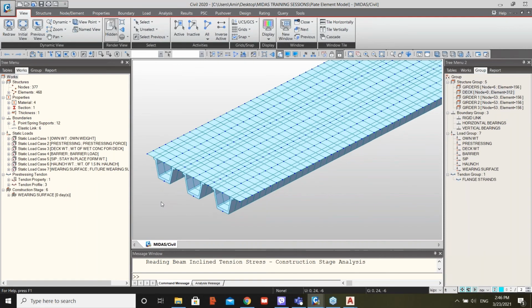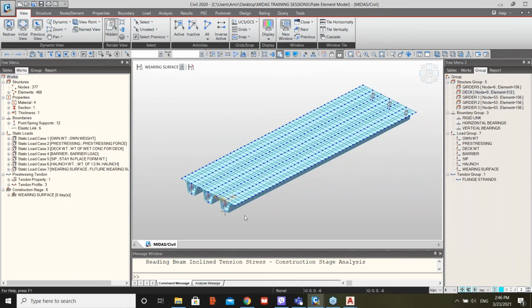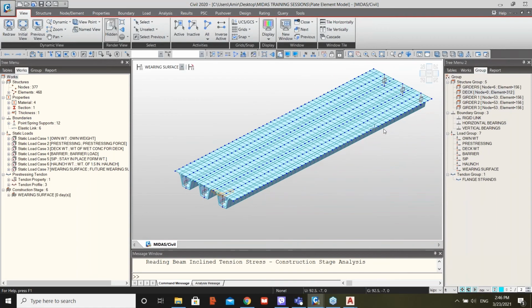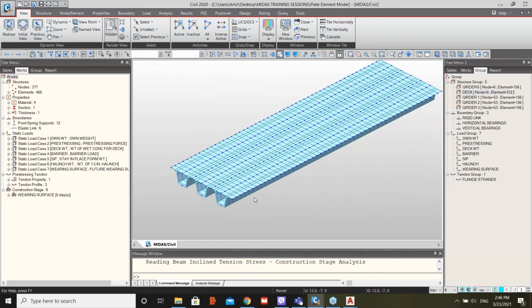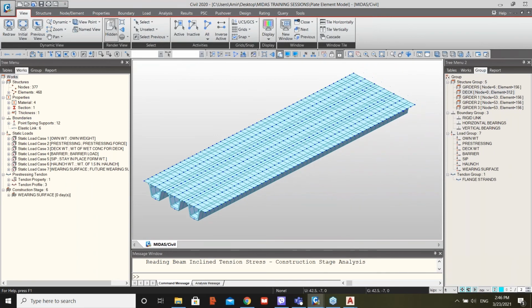So the difference comes now when we display the results in the models that are utilizing the plate element. How can we make sure whether the bending moments shown on the girders are shown on the beam element only, or on the plate element, or is there a way that we can show the moment on the composite section, which now includes the beam elements and the plate elements associated with it? So in order to